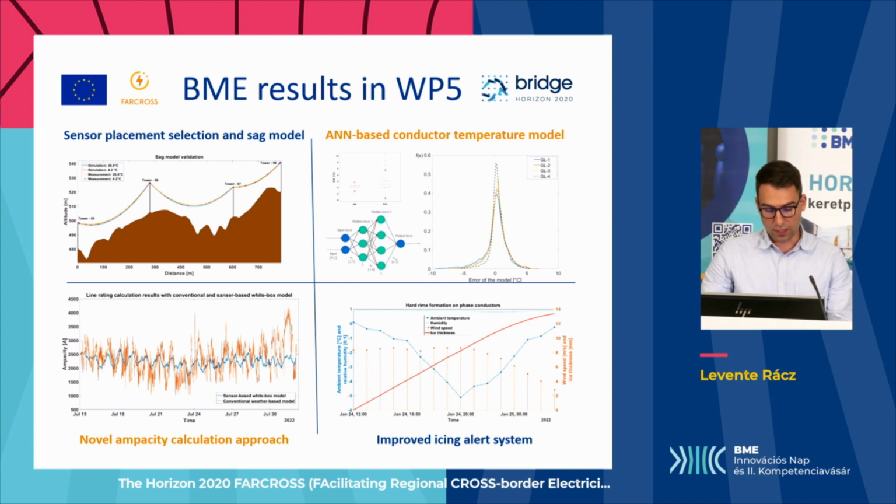The second one is a novel ampacity calculation approach. This is based on sensor measurements. This is a novelty because in the literature there are only algorithms which calculate the ampacity from weather parameters. So in this way we can reduce the number of weather stations on the line,